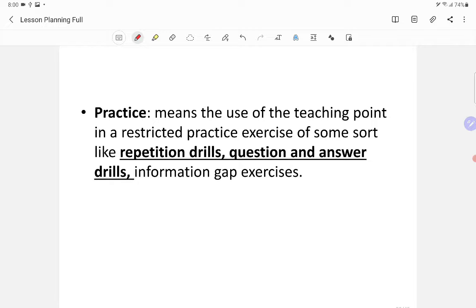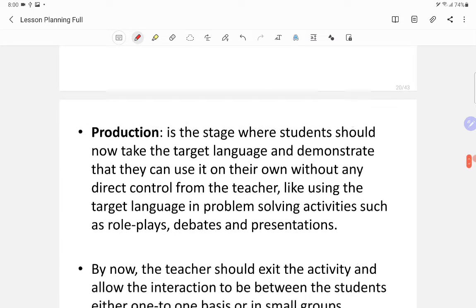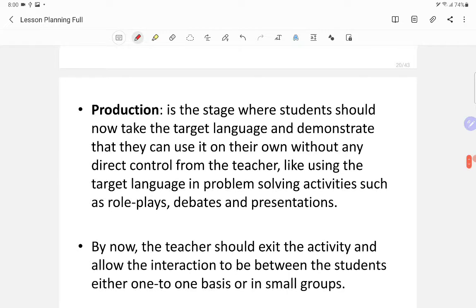You can ask them to fill in the gaps of information. You can give them blanks. You can give them a matching game. So the practice phase is for making sure that students have already confirmed the learning that you have presented in the presentation phase. If we come to the production phase, it's the stage where students should now take the target